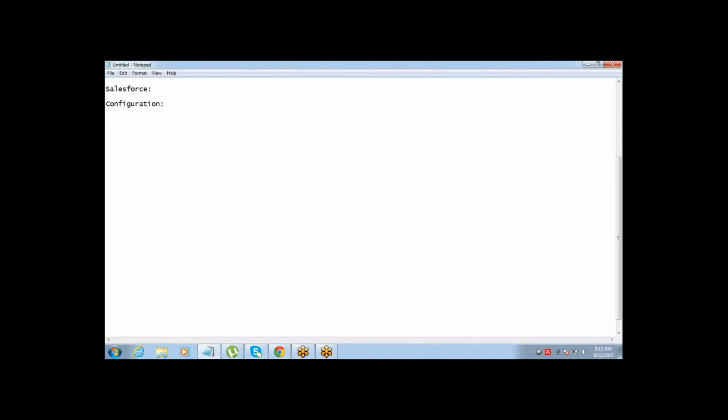Salesforce, what is the first thing that you would do? You will configure your Salesforce as per your requirement, right? So here the configuration part is not very complex. It's pretty simple, but there are a few things which I just want you to understand and know. There are two configurations which I'm talking about.